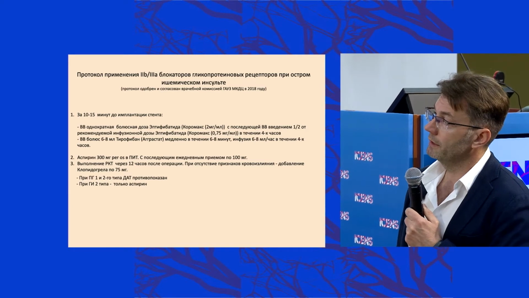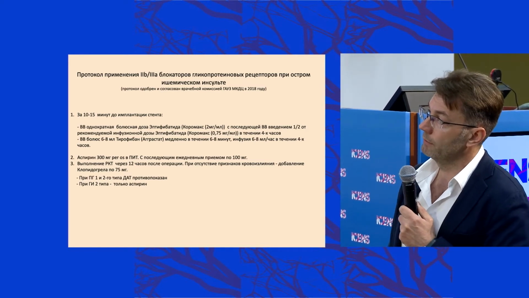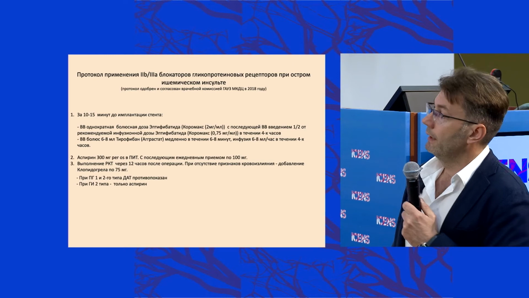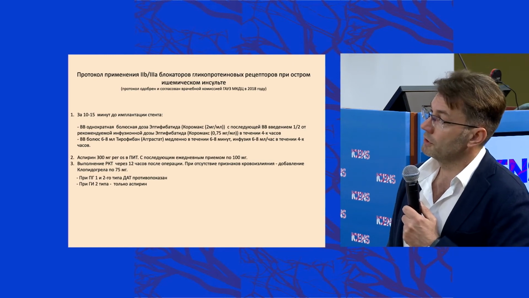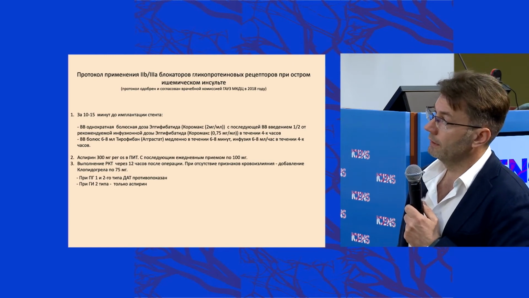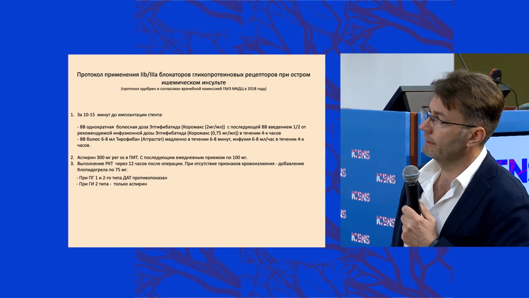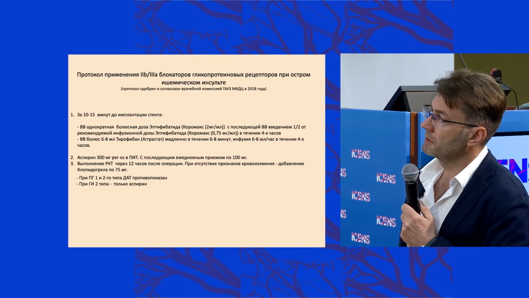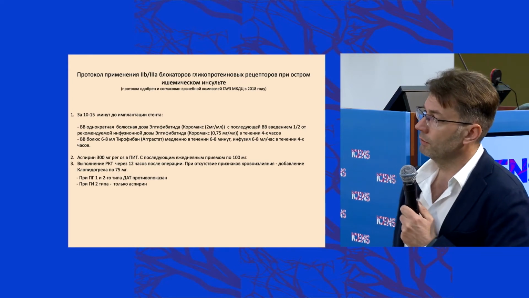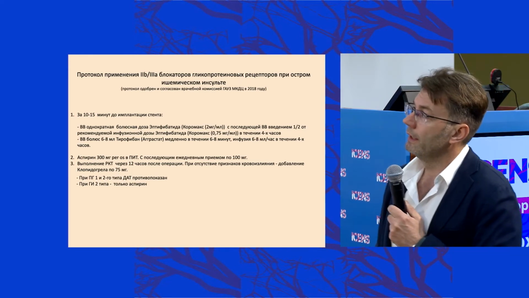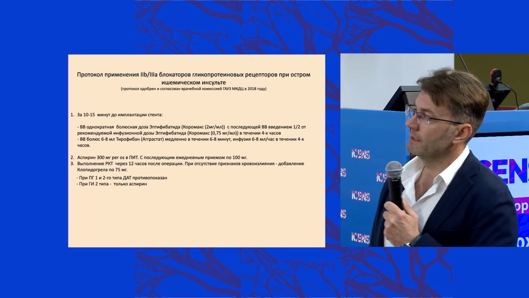Then the patient is sent to the ward of a neurological department where 300 milligrams of aspirin are administered. And then the glycoprotein receptor blockers are withdrawn, and if there are no elements of hemorrhage, we